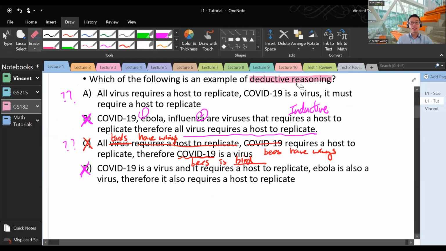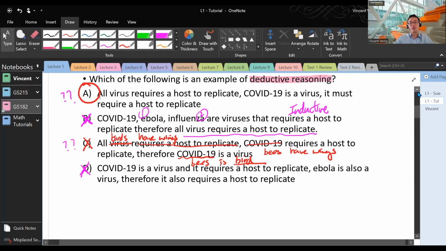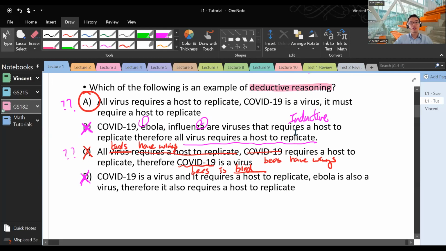So that means deductive reasoning. First one, okay, broad statement: all viruses require a host, and then you apply it to a specific example. All right, so only one person got it right. That's okay. If you see something similar on the test, hopefully you will get it right. But does anybody want to ask any question